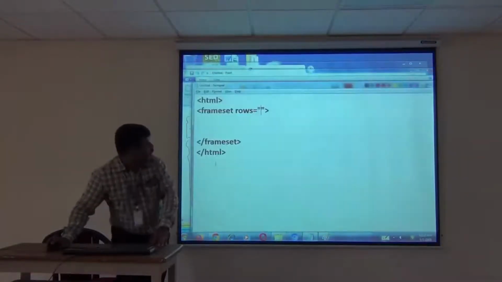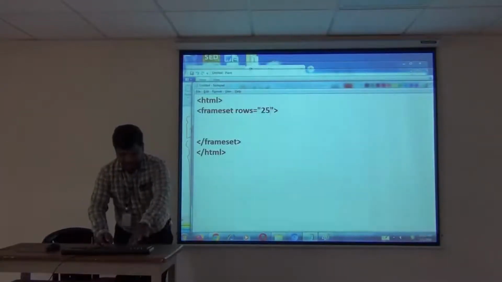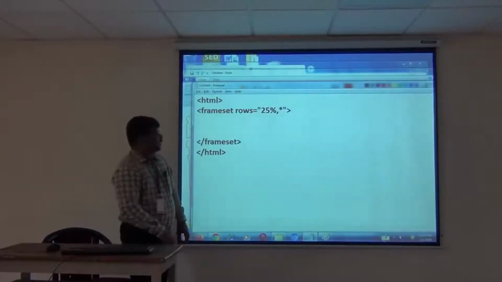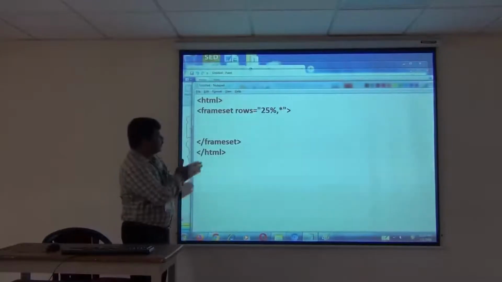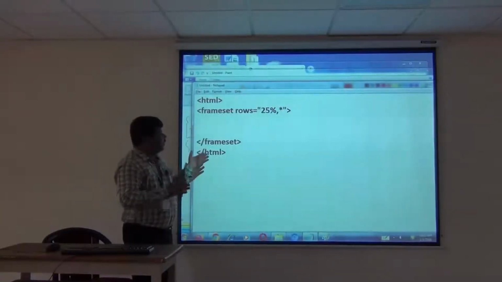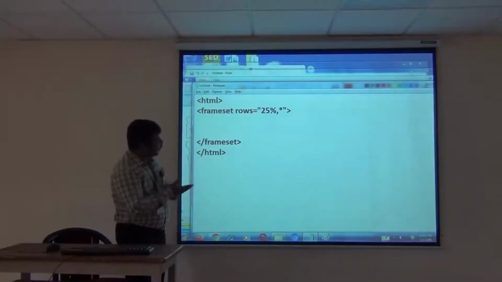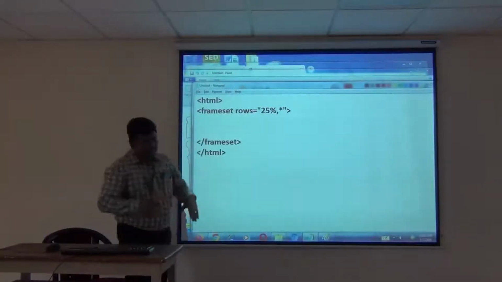So I am going to give the first value as 25%, comma, asterisk symbol. If you know the size, we can specify 75. Suppose I give 22.275 for the first frame size, and for the second I don't want to calculate, so we can simply give the asterisk symbol. The remaining balance size will go to the second frame.